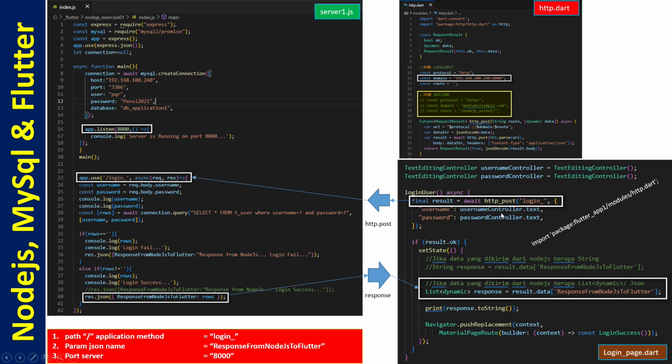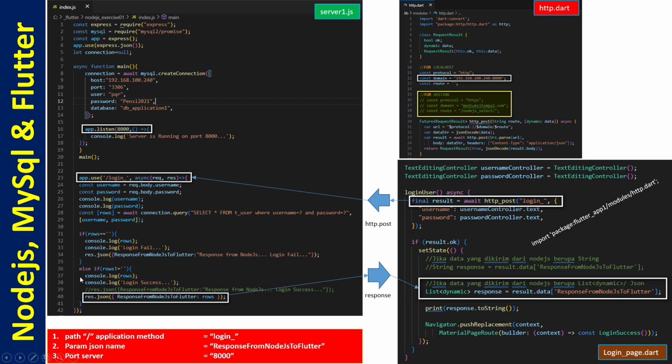Okay, and also respond or report back, return back from the Node.js to the Flutter, yeah, parameter name this one must be same with parameter this one. Respond from Node.js to Flutter. If this different, maybe you make Flutter 1, 2, 3. This one, this is without Flutter 1, 2, 3. Yeah, we cannot connect. Yeah, must be error.